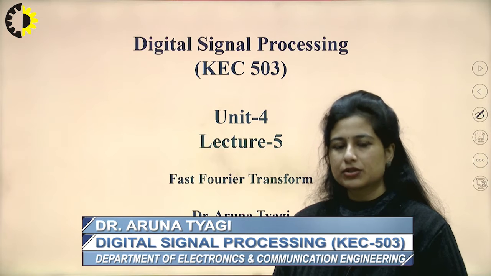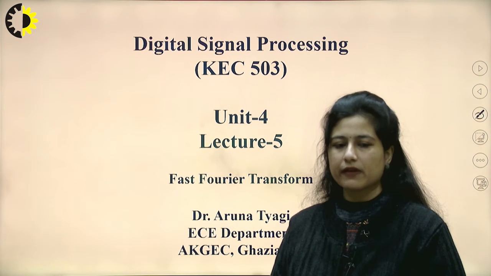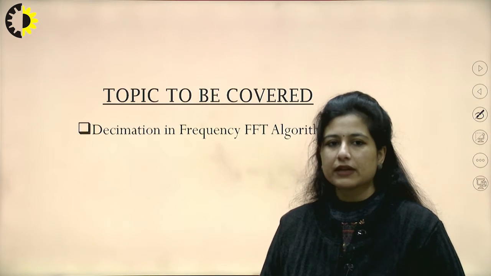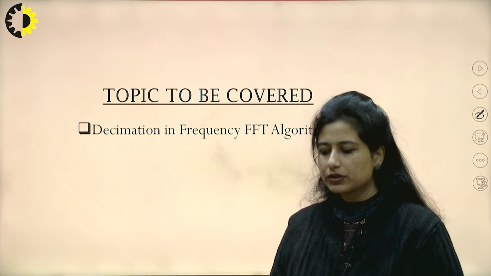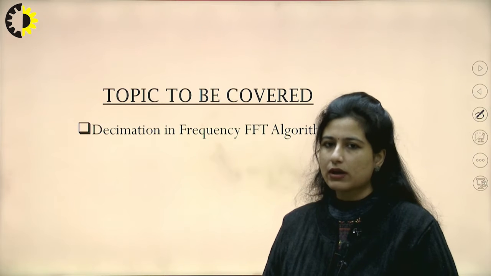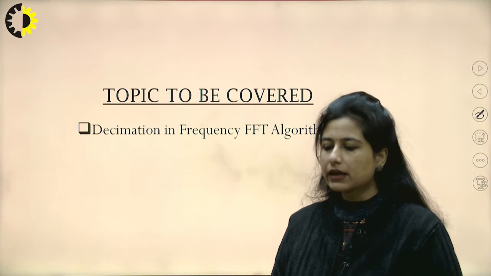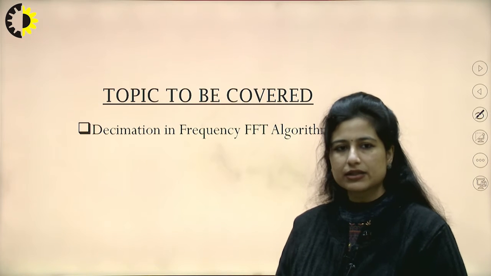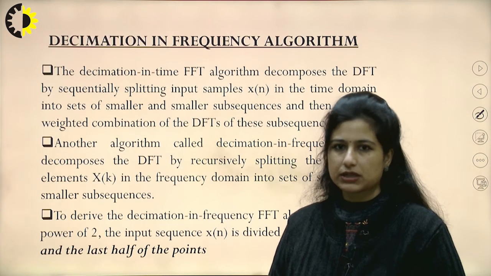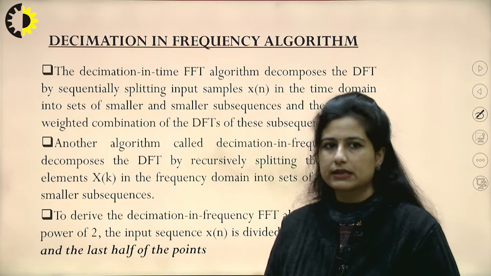In the last session, we had started discussion of fast Fourier transform, and we had discussed that fast Fourier transform can be calculated in two different ways. One way is called decimation in time, another algorithm is called decimation in frequency. In the last session, we had covered decimation in time, and today we'll be discussing what is decimation in